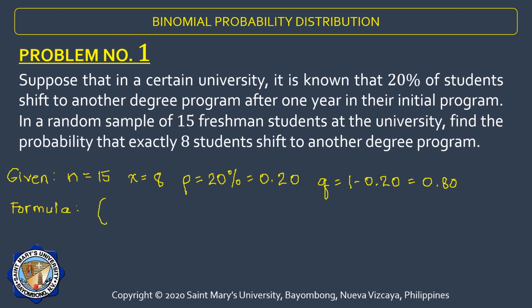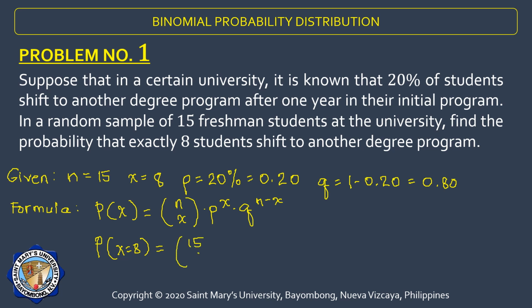is the probability of x, which is equal to combination of n taken x times p raised to x times q raised to n minus x. So substitute lang natin. Probability of x equals 8. So you have 15 combination of 8. Our p is 0.20